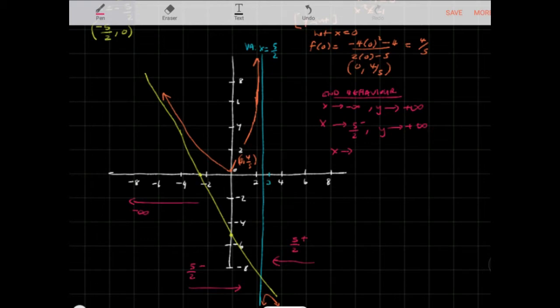Sorry guys about the image here. I know I should have made a much smaller scale, but it's okay. I think you can see this. You can see that this is going to negative infinity, right? So as x approaches the vertical asymptote from the right side, y is going to approach negative infinity. And as x approaches positive infinity, as we're going out this way, you can see that this trace is also going to negative infinity. Okay, so that's the idea